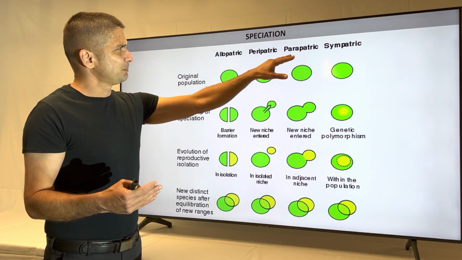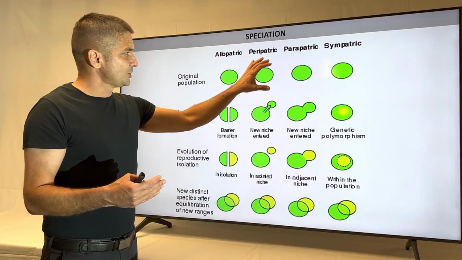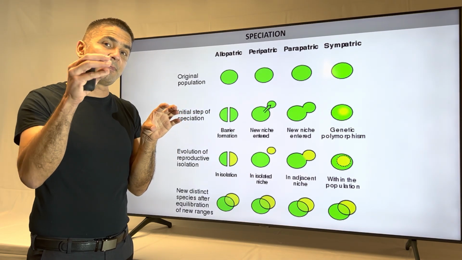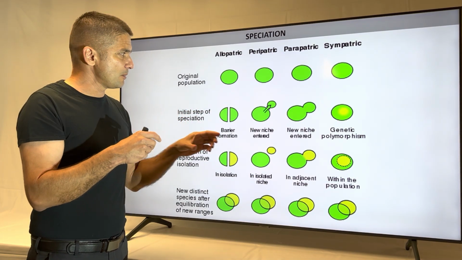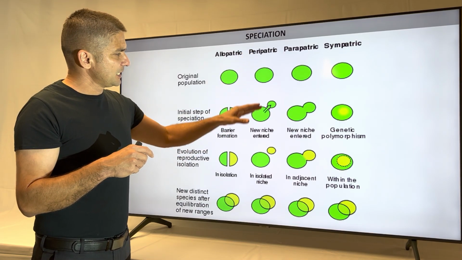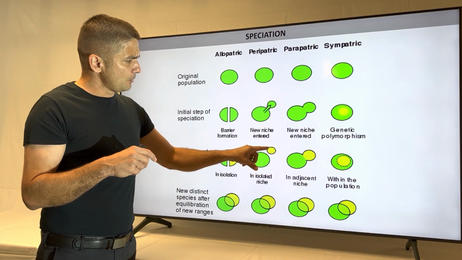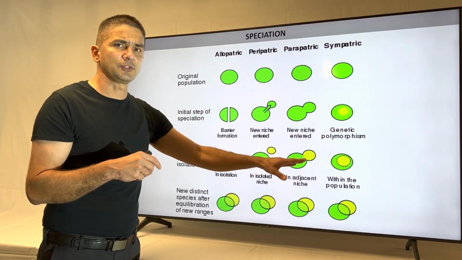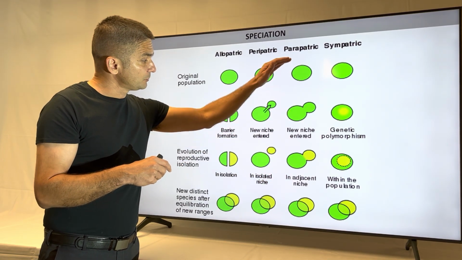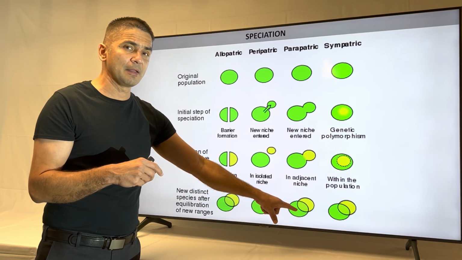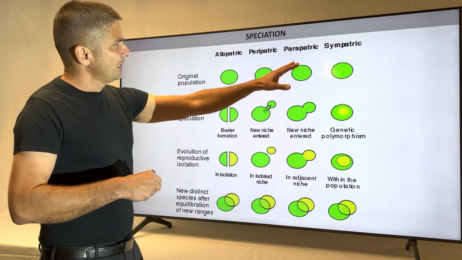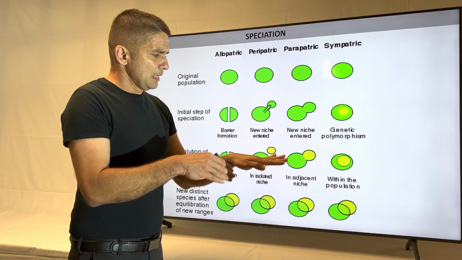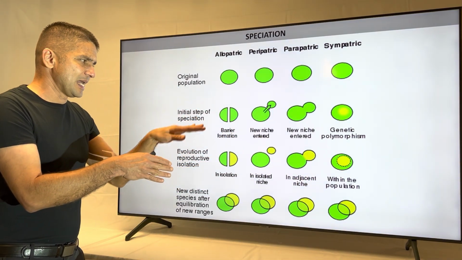Peripatric and parapatric speciation are relatively similar versions of speciation in which you get a population that is established at the periphery of the ancestral population. In the case of peripatric speciation, the population that is created on the periphery is completely isolated, but in parapatric there is still some connectivity. The end result of these two pathways, again, is that you end up having two species. And then finally we have sympatric speciation, in which you go from one to two species, with that process happening exactly